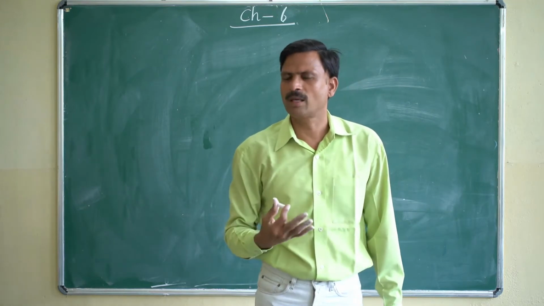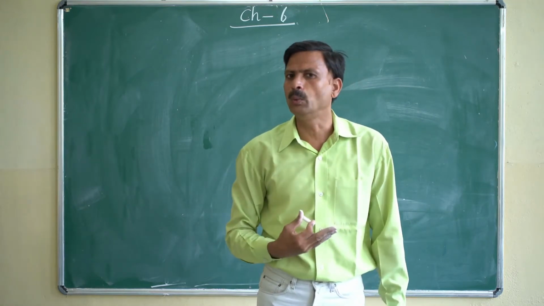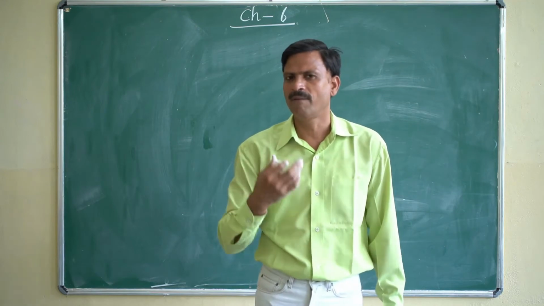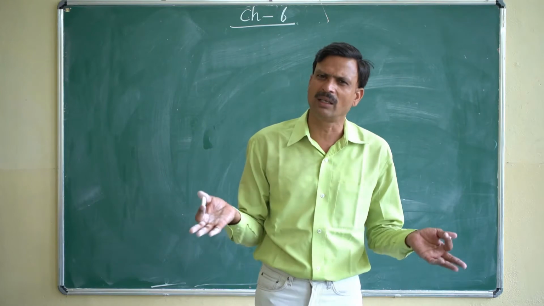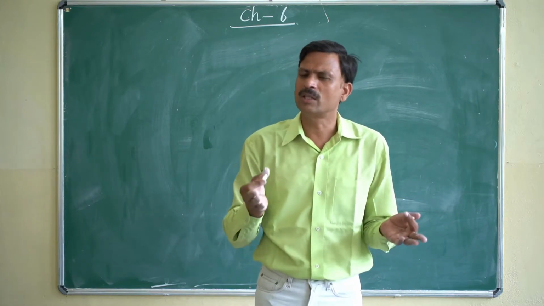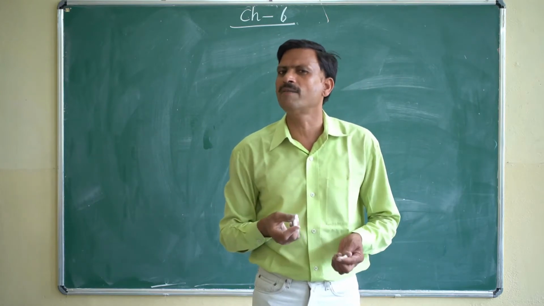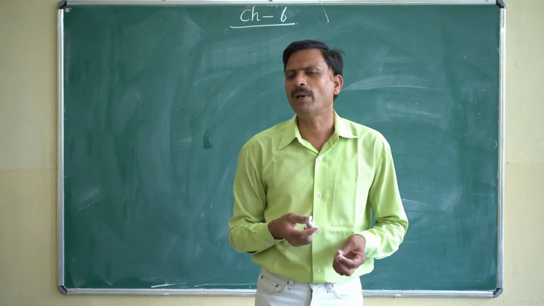You heard some numbers like 1 by 2, 3 by 4, 5 by 7, 9 by 7, 11 by 3. You have heard this type of number, no? So this type of number is actually called the fraction. Okay. Example I am telling.